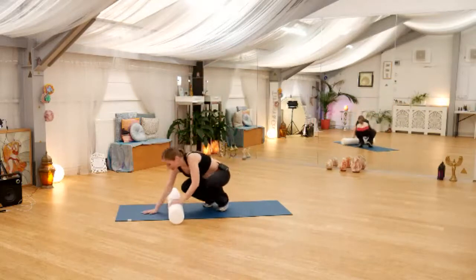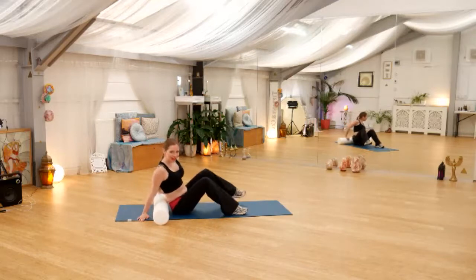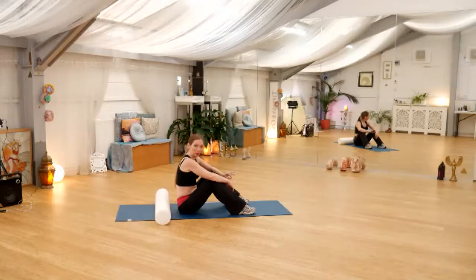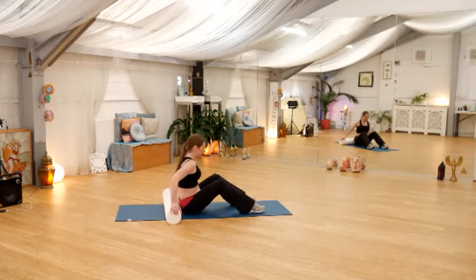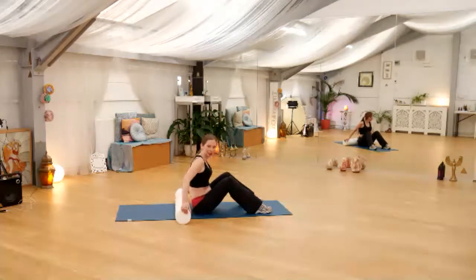We're going to come down towards the mat, and a really good standard stance for any roller is to have your feet about hip to shoulder width, same with your knees, and bring awareness to alignment. The other thing you want to focus on before you begin is your breathing. You want to really think about that breathing technique, and that's going to carry you through all of the releases. As we come down, you want to bring the roller about a third of the way down the mat,